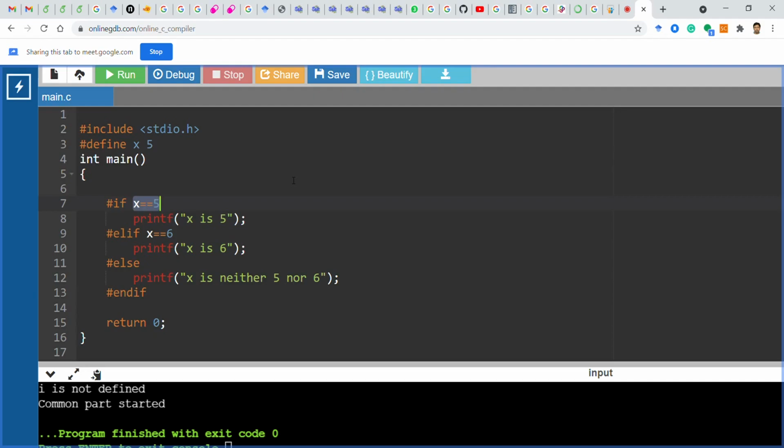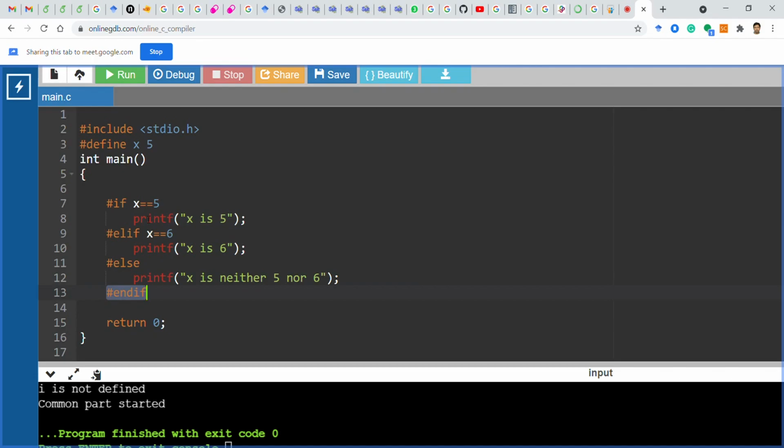Suppose you want to do some computation, you want to decide which particular line should be there and which line will not. In this situation, we don't use the preprocessor directives like ifdef or ifndef. Rather, we use #if, #elif, #else. #elif means else if. I hope you can easily realize. And obviously #endif will be there. You see, the purpose is different. I'm telling you again, two things are different.